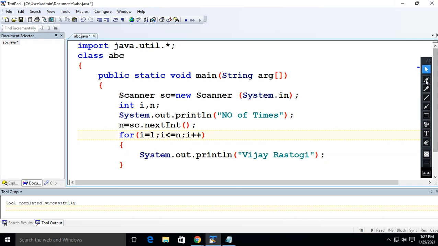So whatever input you have taken, that input is the destination point. So now instead of destination point, you can write the variable also in which you have taken input. So the loop is starting from 1 semi-colon i is less than equals to n, then i plus plus. So if the value of n is 3, it will start from 1 to 3. So for natural number, 3 times you will get the name whatever you are giving in the double quotes. So let me show you the output.